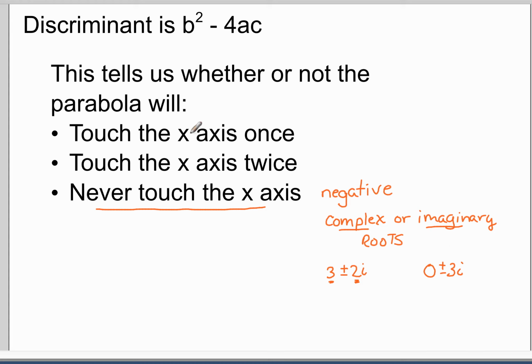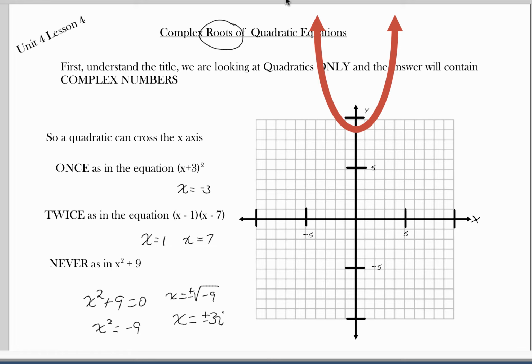So when is the x-axis only going to be touched once by a parabola? That will happen when the discriminant is 0. When the discriminant is greater than 0, we're going to have real roots. So that's going back to the first page. Back here,